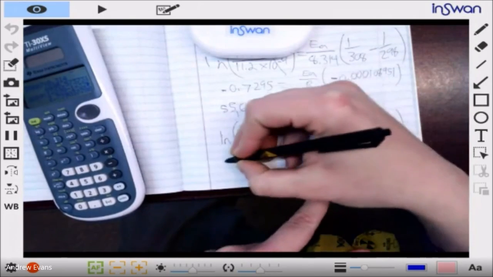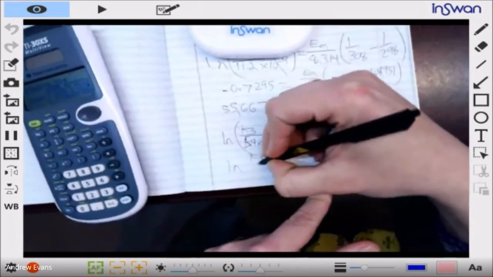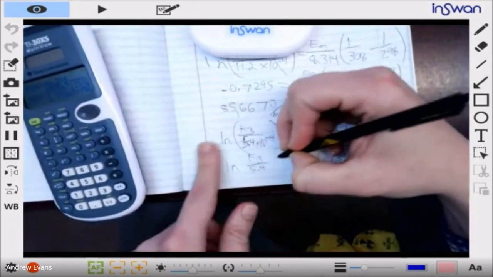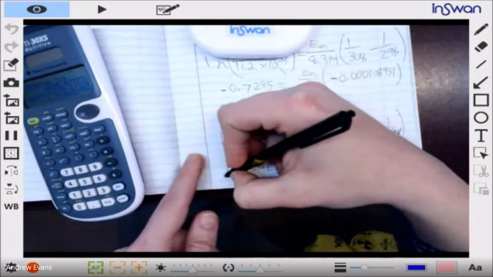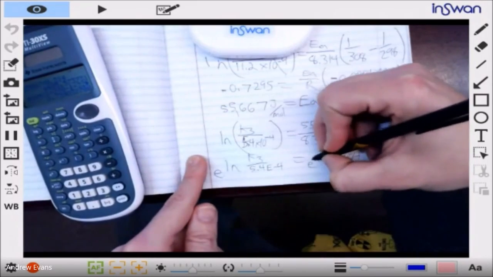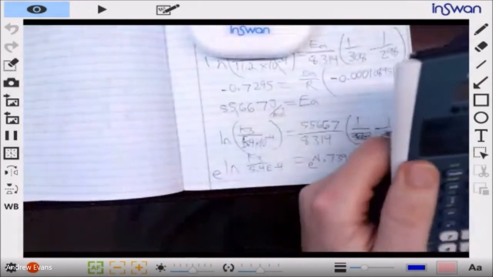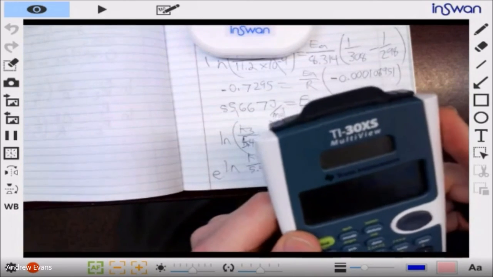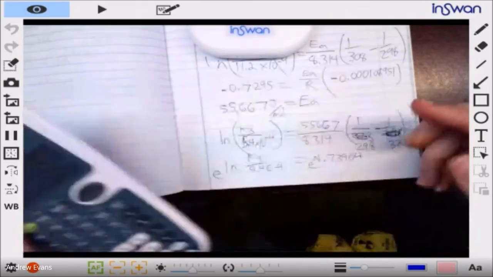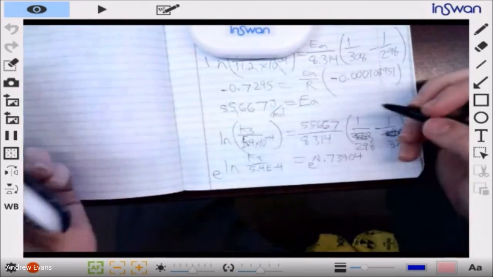That's equal to ln of K3 over 5.4 E negative 4. So how do we solve that? Inverse log to both sides gives us 5.69. And we multiply both sides by 5.4